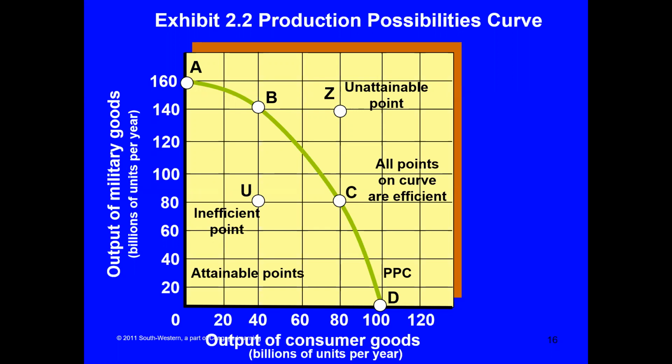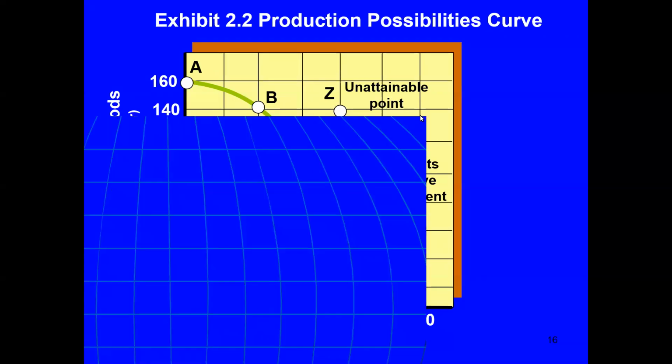If we hire more people, if we get more technology, if we get more machines, guess what? This whole green line is going to shift to the right, and then we can get to point Z. But remember, given our scarce resources, if the best that we can do is A, B, C, or D right now, we cannot get to Z, and that's going to be referred to as unattainable.